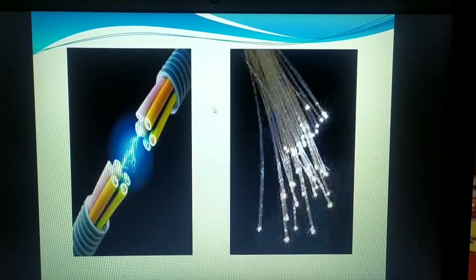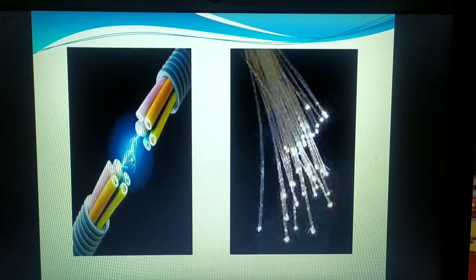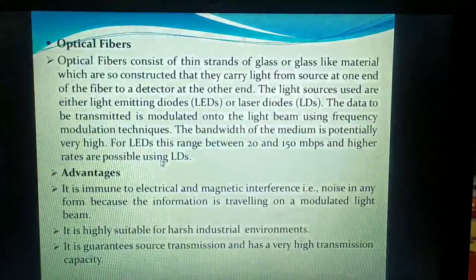You can see that fiber optics cables are just very thin, thinner than your hair strand, and the data transmission is in the form of light. That is why the ring topology is quite popular, because it uses fiber optics as the cable. If we are using it, we have a higher transmission speed compared to the twisted pair or the coaxial cable. Now this is the twisted pair I was telling you about.